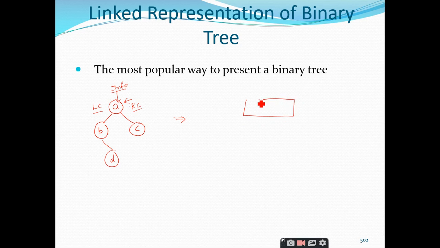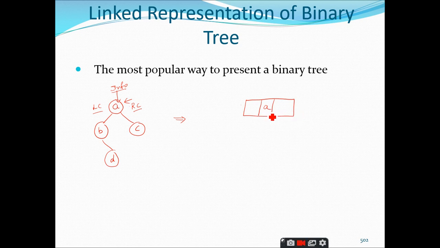Yes, sir. So let us assume that a node is created. That means we are going to divide the node into three parts, similar to that of a doubly linked list representation, where you will be dividing the node into three parts. The middle part stores the information part, the left part stores the link to the previous node, and the right part stores the link to the next node. In a similar fashion, we are going to create a node which consists of three parts, where we are going to store the information part inside the node, that means in the second part.